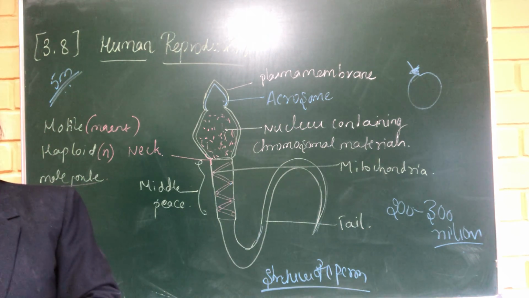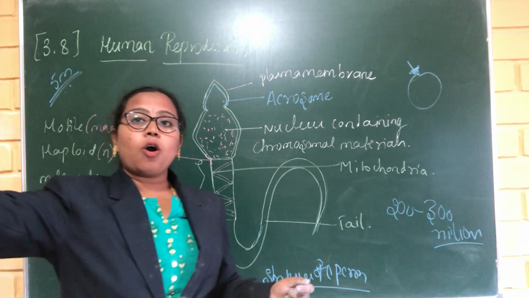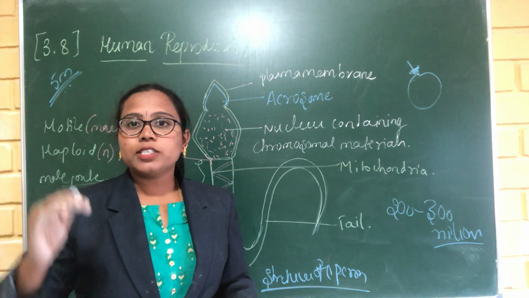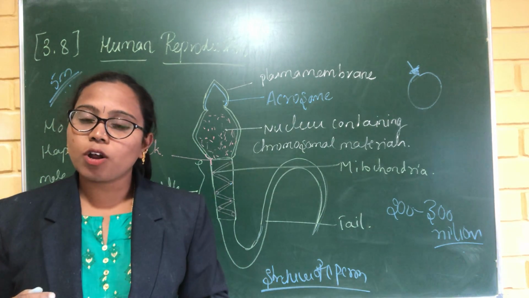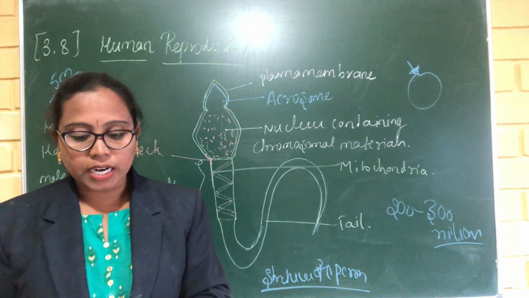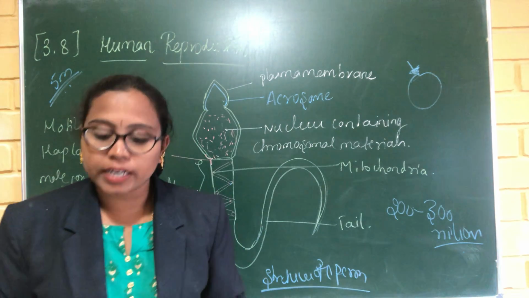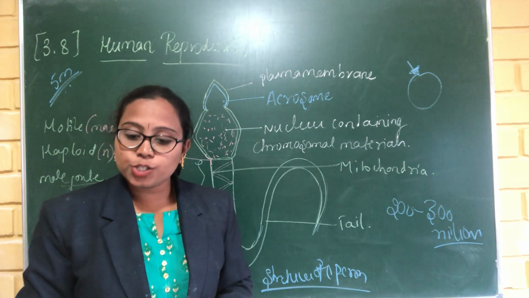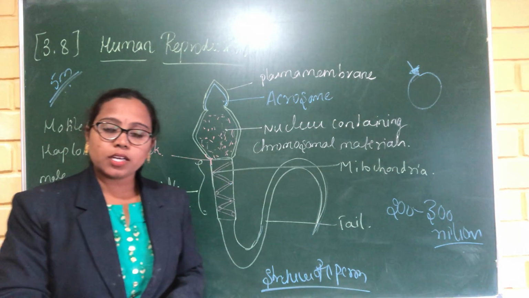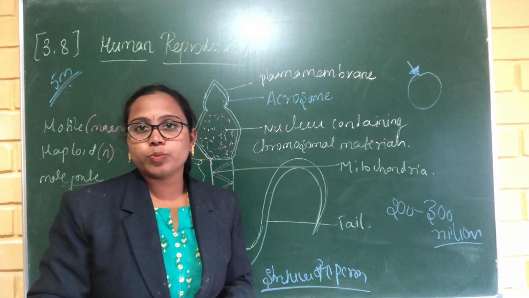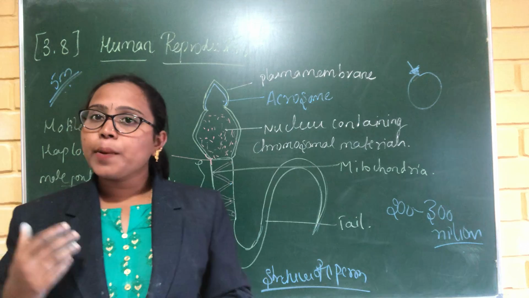The functions of the male accessory ducts and glands are maintained by the testicular hormones. These processes are under the control of hormones, the gonadotropic hormones. They act on the anterior pituitary, which stimulates the secretion of two gonadotropins: one is luteinizing hormone and the other is follicle stimulating hormone. Like that, the sperms are produced.